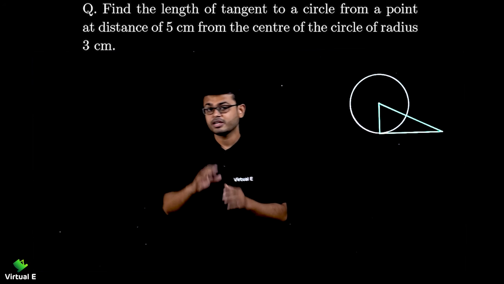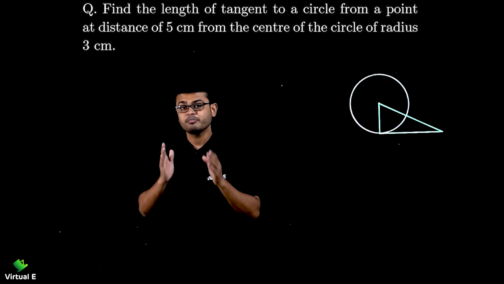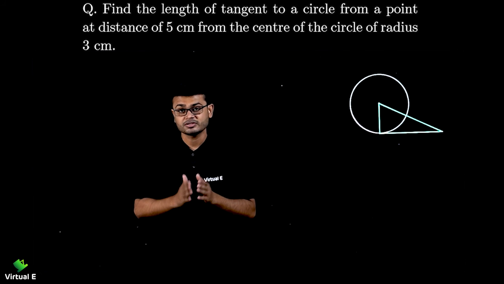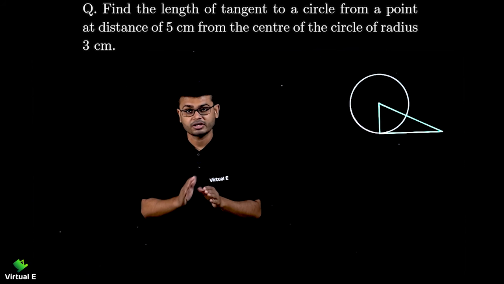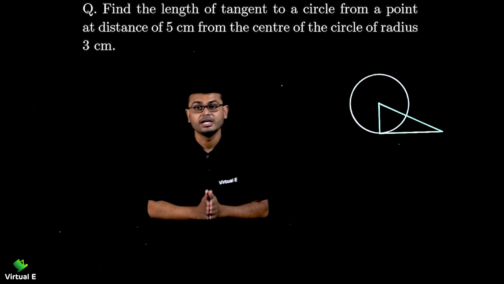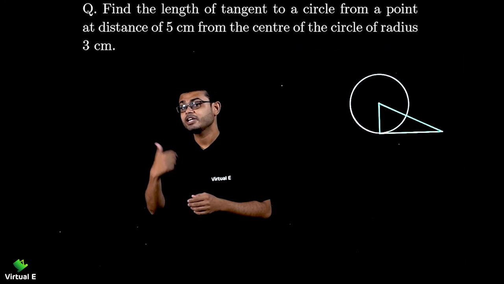In the previous question, the figure was already given, and in the figure it was mentioned directly that PQ is the tangent. You need to find this one. This radius is also given. But in this question, names are not given. Figure is also not given. I have drawn it for understanding, and I request you to draw as well. Let's read the question first of all: what information is given, then what we need to find.